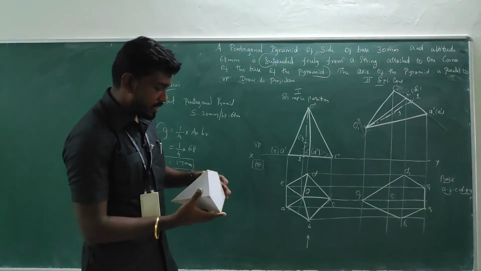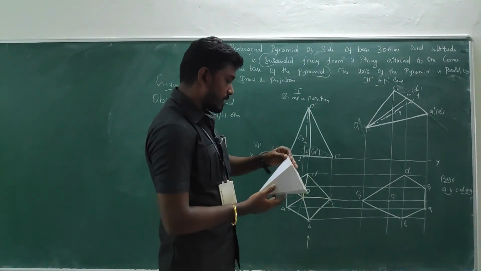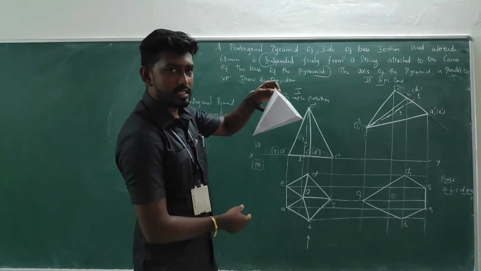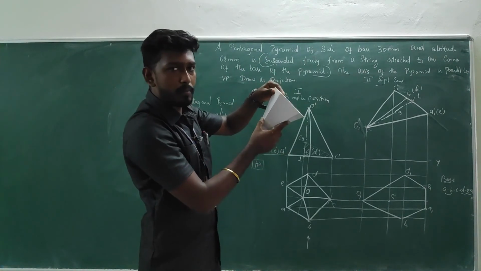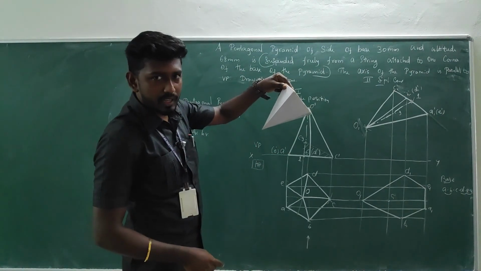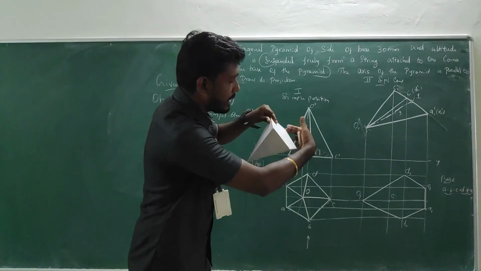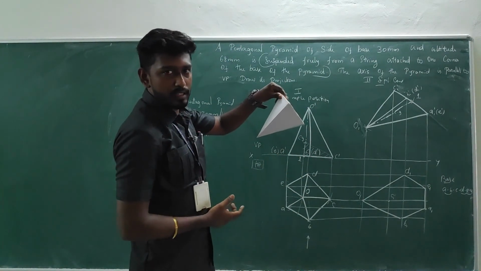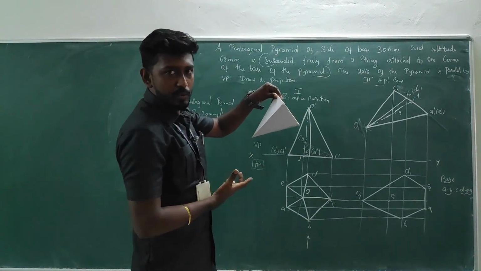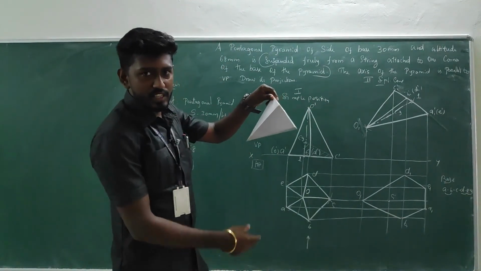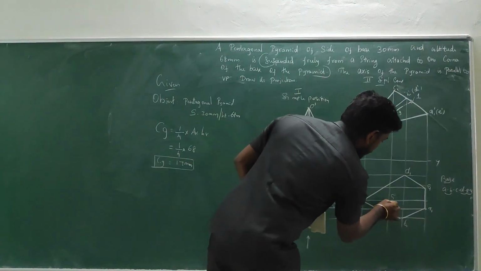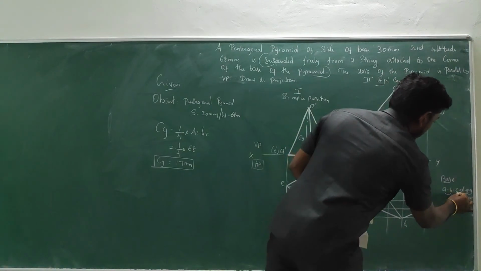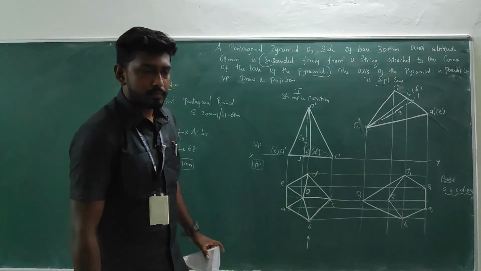It should be identified. So when you are suspending something like this with a corner C, you are taking the observation from the top, the object position will be something like this. This is A, B, C, D and E. What happens to the bottom base? It's a visible one, right? So all the bottom base is a visible one. So make all the edges a visible one. So C to B, it should be a dark line. C to D, it's a dark line. So we have completed everything, right?